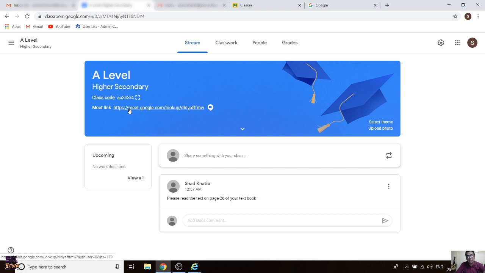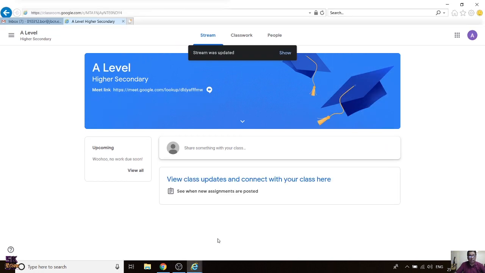There is a little drawback of scheduling your class through Google Calendar, because if you schedule a class from Google Calendar, the class can be accessible for 90 days even when your class is over. So that's a big drawback of Google Meet. So the good thing here is that once the student is here,